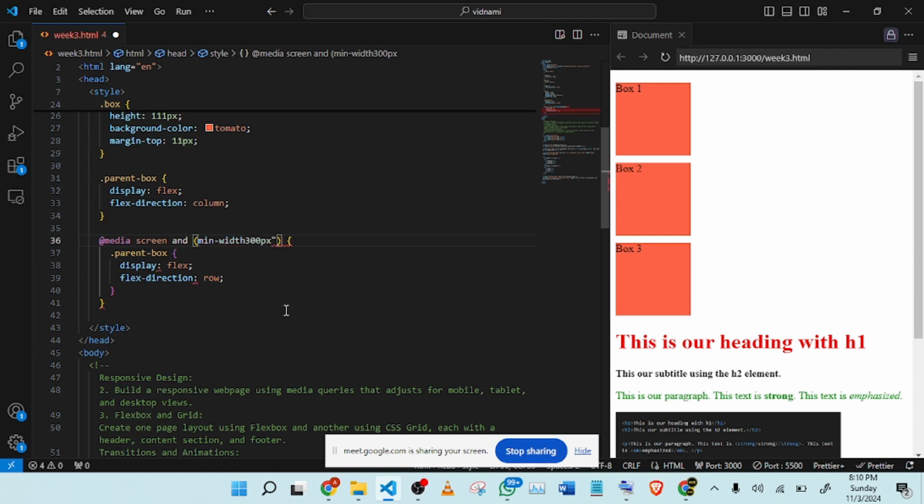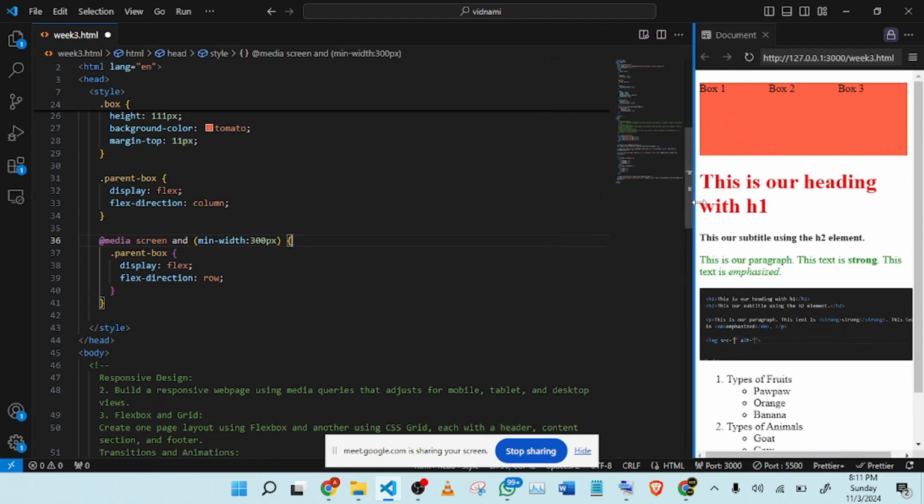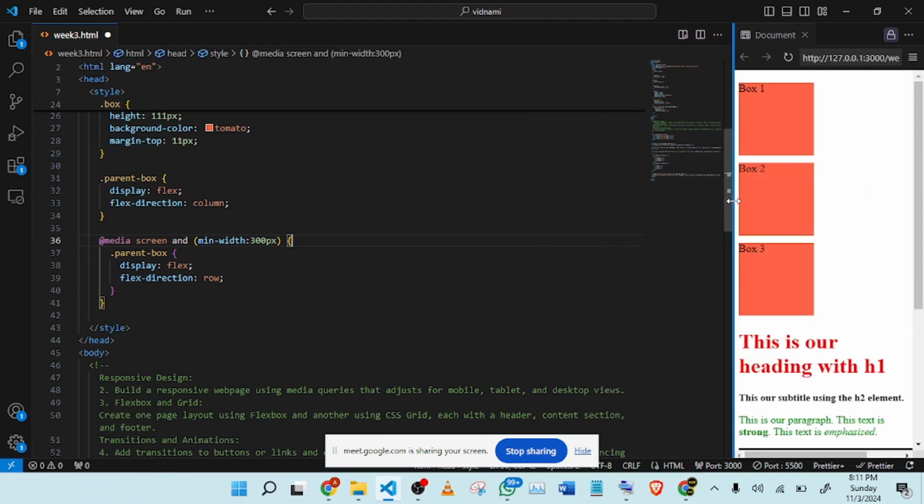I'm missing something. Okay, yeah. So for minimum width, use the column and not the equal to. You just use the column 300 pixel. So you can see it now. On a smaller screen, you see that the layout is going to change, which means on this screen size now,